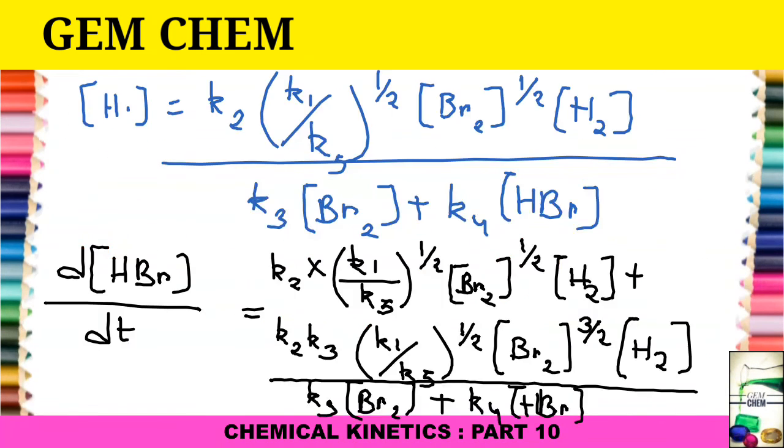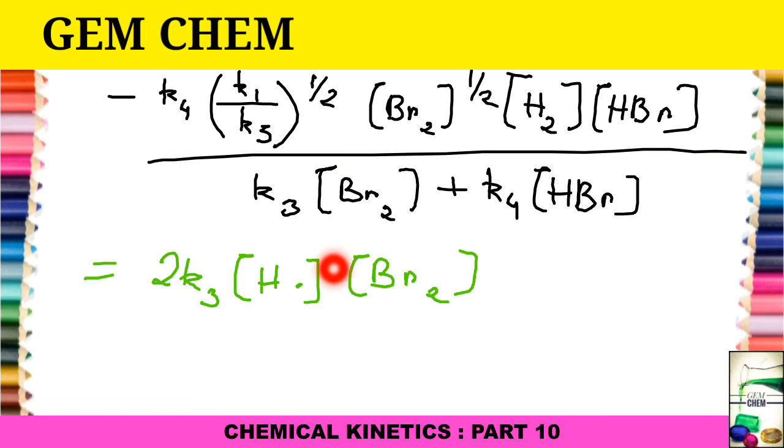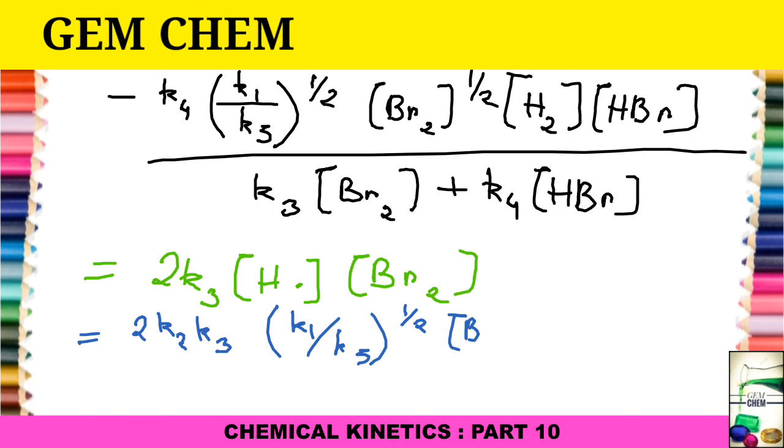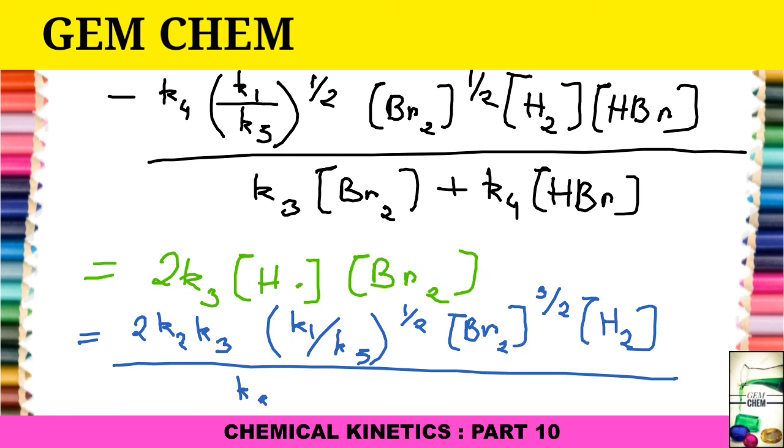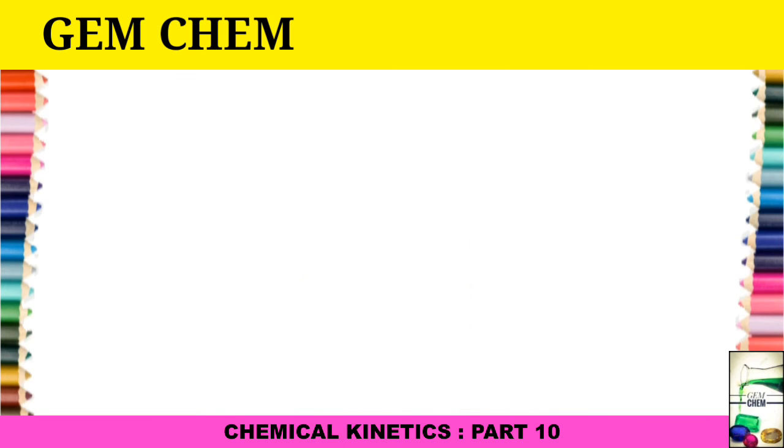So ultimately what we get is this one, and we can write it down like this: 2K2 K3 (K1 by K5) to the power half Br2 to the power 3 by 2 H2 concentration by K3 Br2 concentration plus K4 HBr concentration. This can be further relaxed and expanded to obtain 2K2